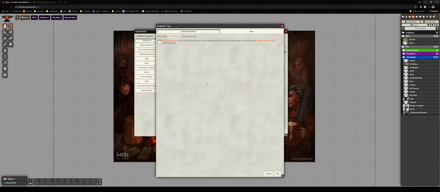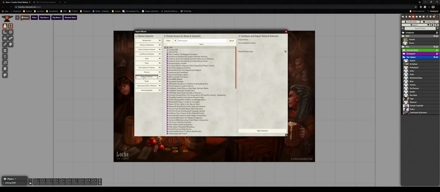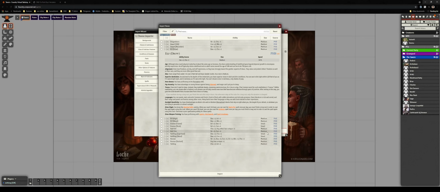For starting equipment, we will skip it. Everyone is getting the same starting gold, and we're not doing any starting equipment. So that is our background imported. The next thing that you're going to want to import is your race. So same kind of a deal. You'll click on the races here, open importer, and